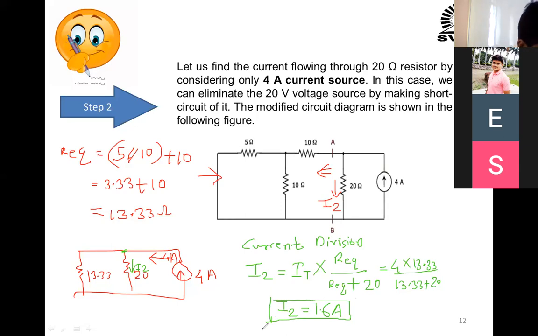Okay. Now in previous case also we got same answer by using nodal analysis. So you have option. Okay, but examiner wants the I2 value correct. Are you getting my point? How you are solving, which analysis method you are using doesn't matter. Are you getting my point? Either you can use nodal, you can use this equivalent resistance and current division concept, or any other method you can use it. But examiner wants the correct answer of I2. Now finally what you have to do? You have to add I1 and I2 terms by superposition theorem and you can get the answer of I. That is 2 ampere.